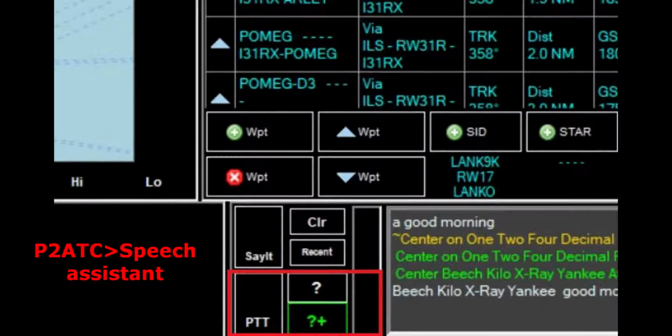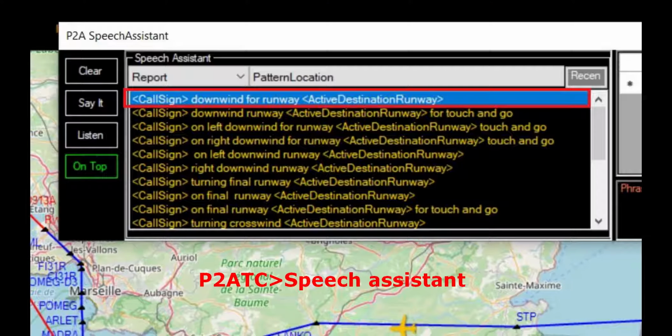In preparation for this little exercise, I note possibly useful ATC instructions from the Speak Assistant. For instance, runway approach pattern instructions.